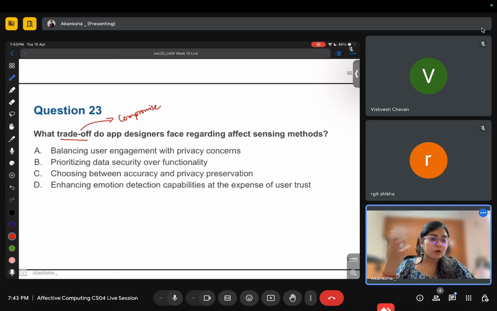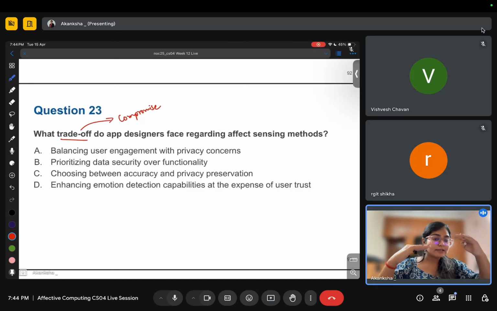So what do you have to compromise on? Let's say you want to buy a new dress, so you want to spend less money, but then you want to buy good quality. But if you want to buy better quality, then you need to spend more money, right? So it is directly proportional, but you need to compromise. So if you have low budget, you have to compromise on the quality. If you have low quality, then you can get good pricing. So ultimately it's a trade off.